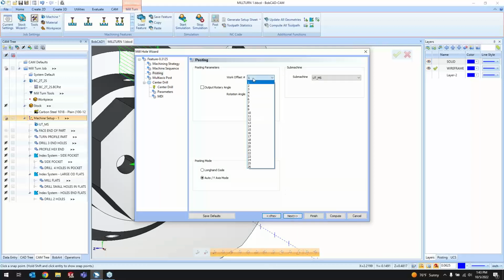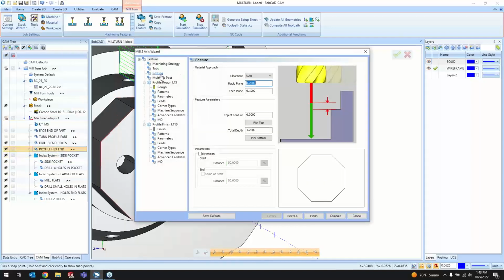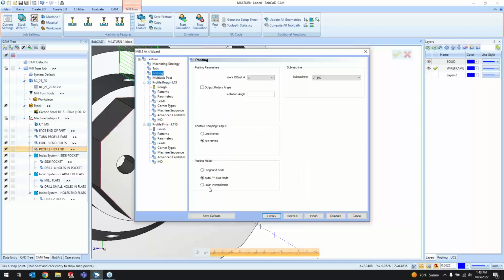We can set a work offset number, number 1 being G54, number 2 being G55, 56, and so on. If we're setting different work offsets for different tools, and if we're loading in different parts there. And posting mode, under drilling, we can set it up in auto Y-axis mode or in longhand code. The next one is the profile, and in terms of posting out G-code, we can also output in